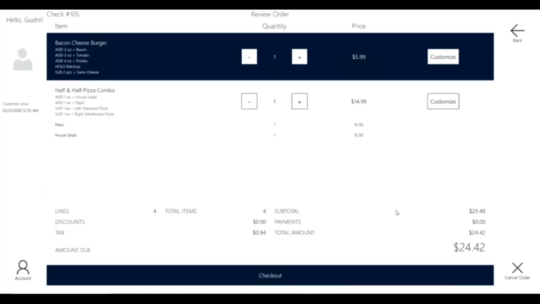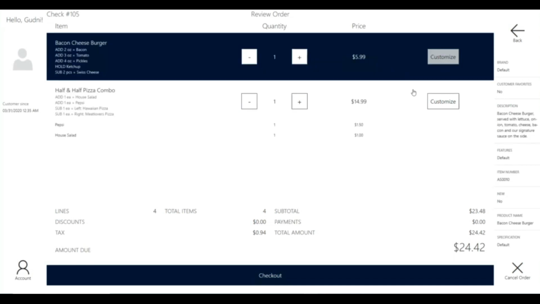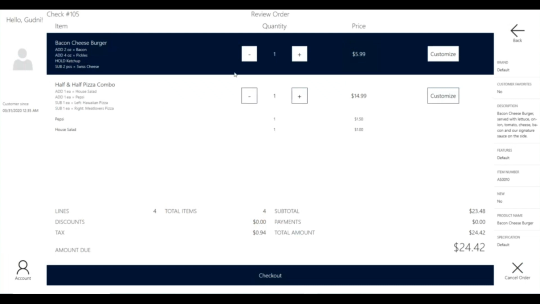So here I can go ahead into the checkout. You'll notice I went into the checkout in the bottom right. And here I can view the orders that I've just made. And if needed, I can go back in and customize this specific item. So let's say I didn't want to add tomato. I can remove that. So just to show you the flexibility of this, the payment process. For example, with the ferry line that we have, they only allow credit cards. But again, when you check out,